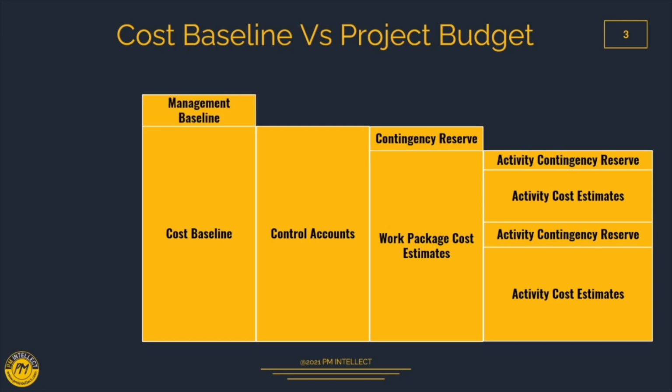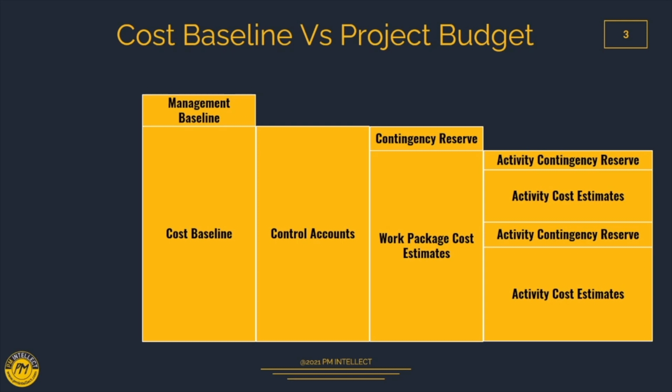Now on top of the cost baseline, we add another reserve, which is known as the management reserve. The management reserve covers another important piece which we know as unknown unknown. When we say unknown unknown, that means there can be some issue which can happen on the project and the activities, but we don't know what that issue can be, and we don't even know when it is going to happen. Something which is not known, and we don't even know when it is going to happen, is what is covered by the management reserve.